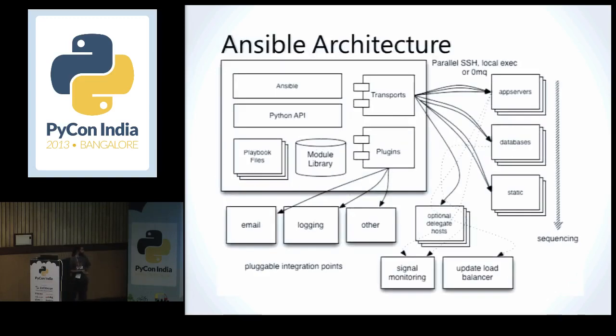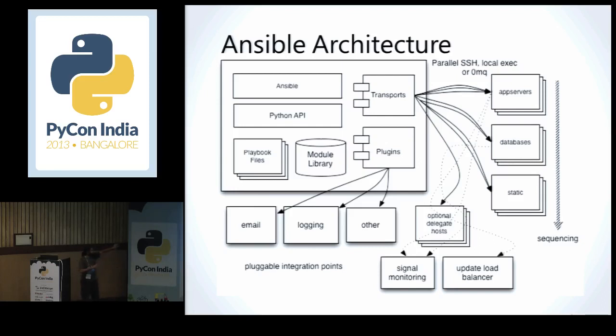So this is the architecture of Ansible. We see Ansible itself, which is working on top of the Python API. It has some core modules, and then there are these playbook files, and most of the orchestration that you do gets